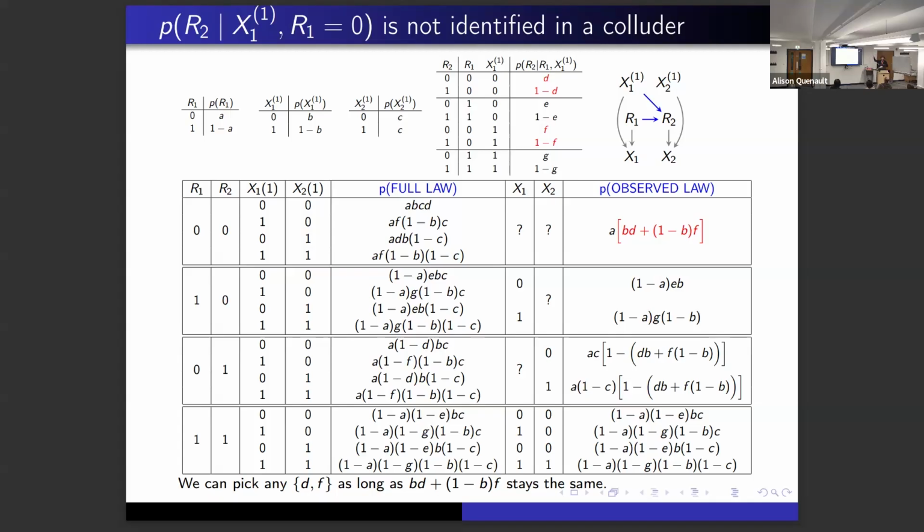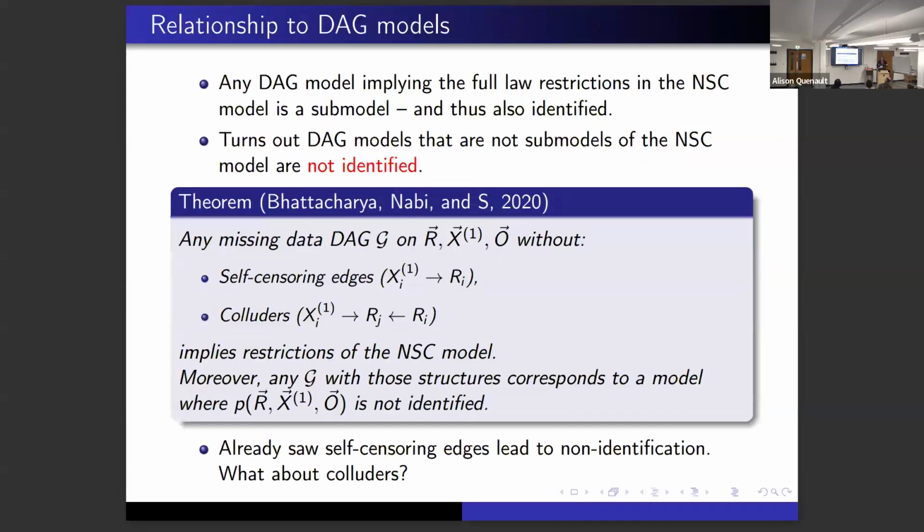And it turns out there's no information about that specific probability in the data. So this table shows, for a categorical case, why that is. You could have a counterexample where I have two things with a different probability but the same observed data distribution. So then you're not identified, you're not invertible from the observed data to that parameter. Okay. So colluders really do create a problem, is the point. It's just a little harder to see that.